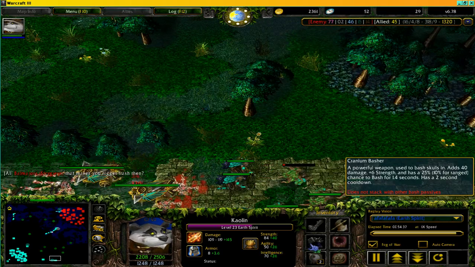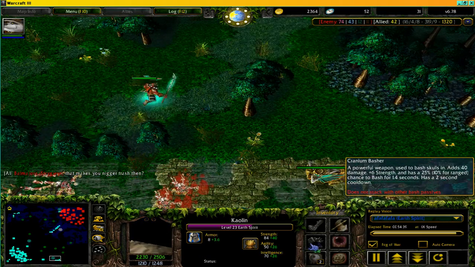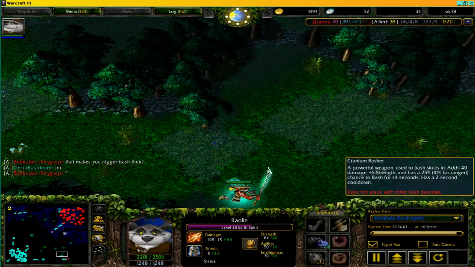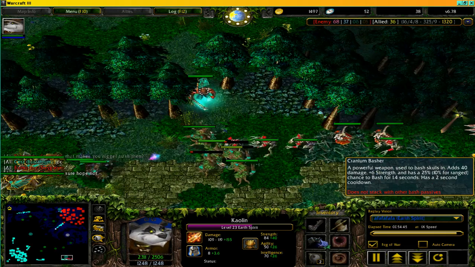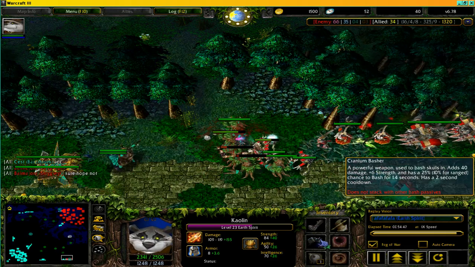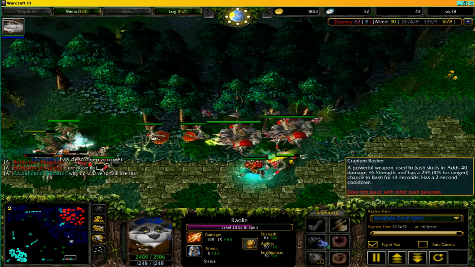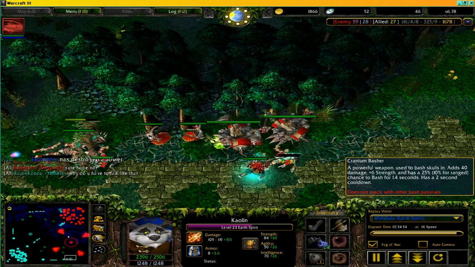Maelstrom will definitely have a higher proc chance, 15% greater chance. So I'm sure it'll be better actually. It will override, I guess, your Burning Spears, but it seems like it would be worth it. I mean, you don't have to turn off your Burning Spears to proc it, right? You have to check to make sure, but